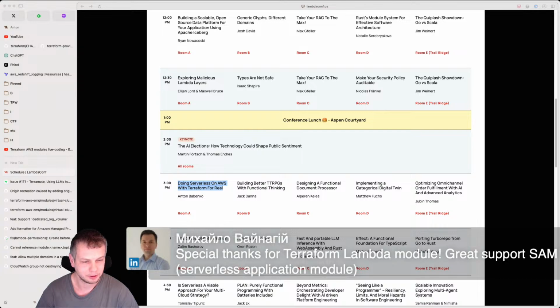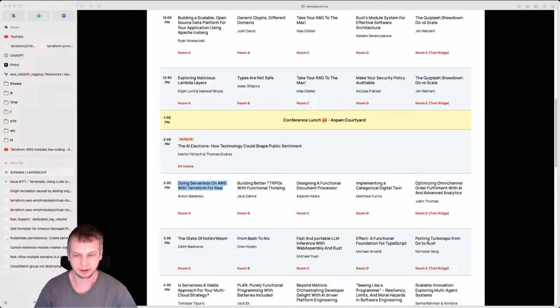Special thanks for the Terraform Lambda module, great support, SAM, serverless application model. Yeah, it's actually quite funny that you mentioned this now, because later today I will have to figure out what is actually missing there, so you as a user of Terraform may have an even better experience.